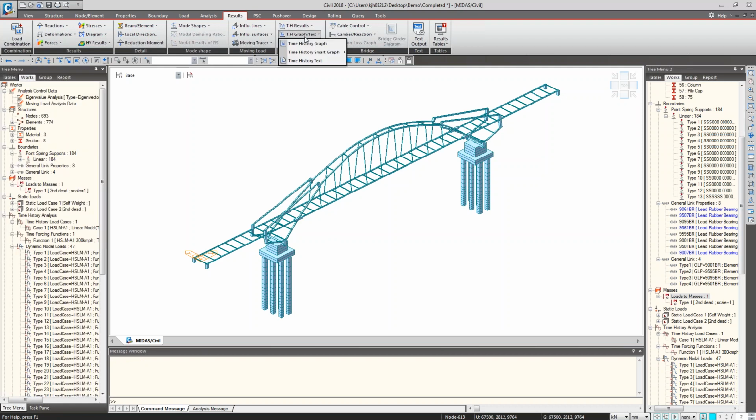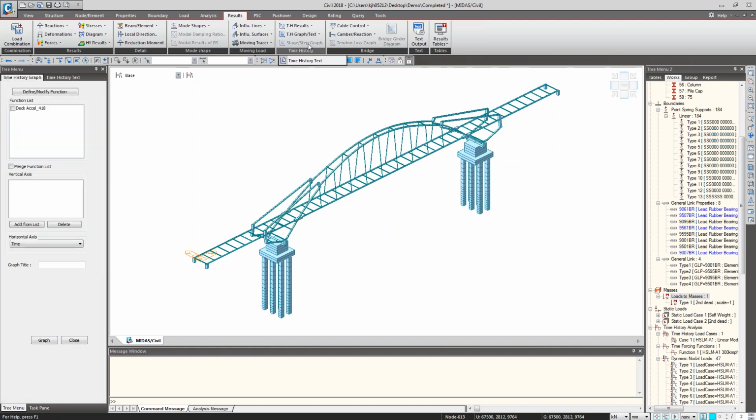And then let's go back to the time history graph again, and then you'll be able to see the result function that you just created. So I'll click this and then add it onto this list,